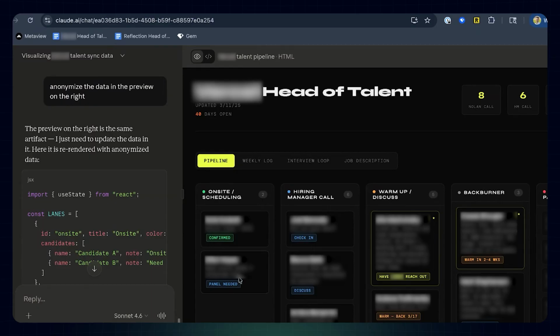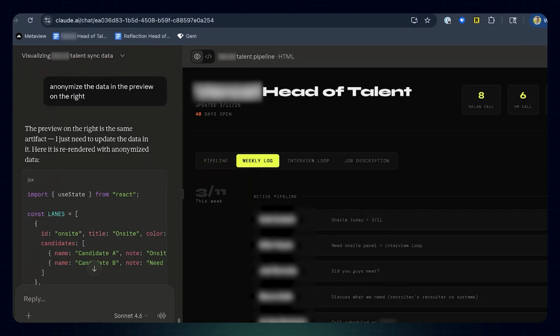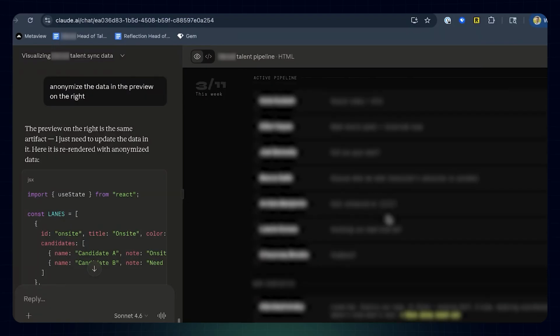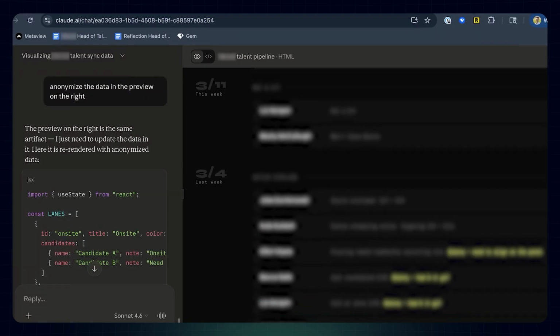For some of these people, we need to figure out what the on-site panel is. That stuff is input in here, so we can have discussions on what's going on with each of these candidates. The next thing is the weekly log. Again, still cooking with this thing, but what I ultimately want here is the history, to be able to go down and talk about every single thing that we have discussed.